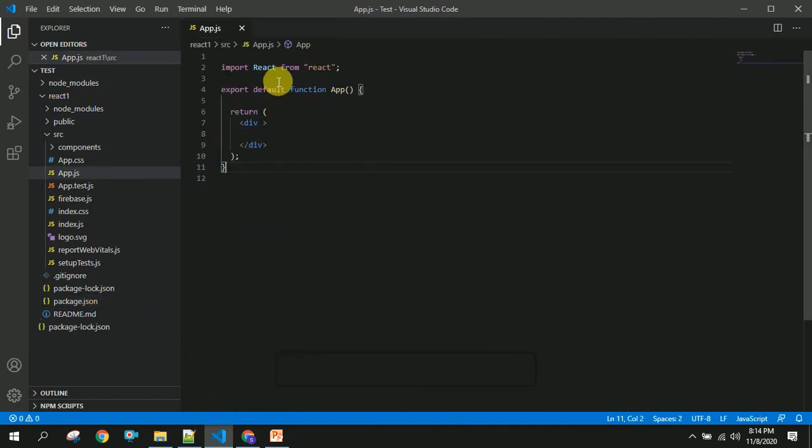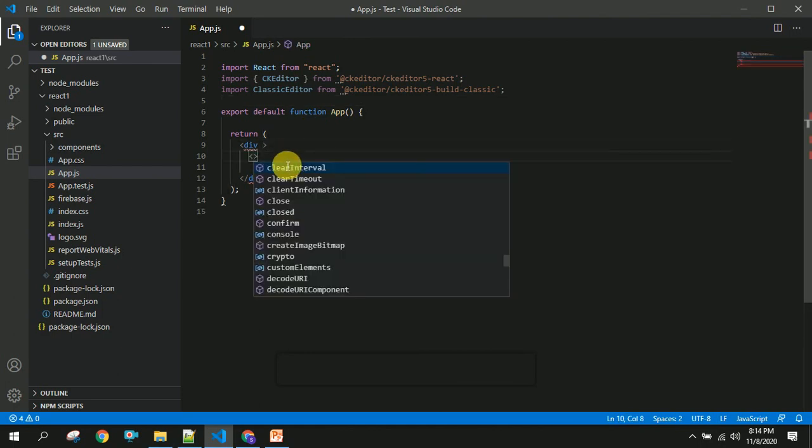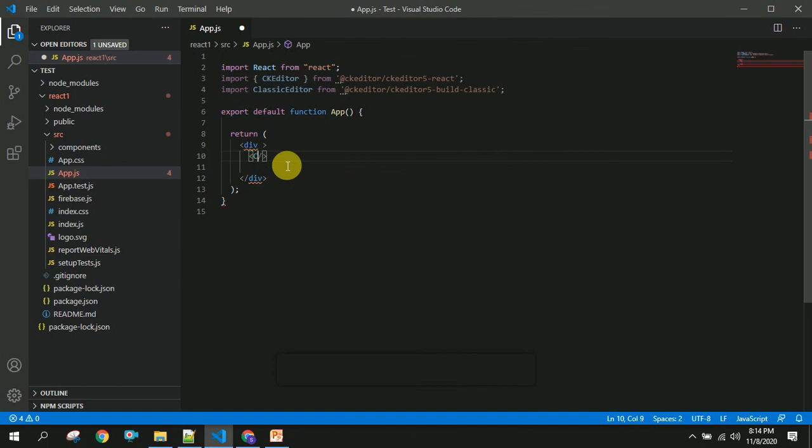Now we have to import CK editor in this and display the CK editor in HTML. Now editor equal to ClassicEditor, which we have imported.